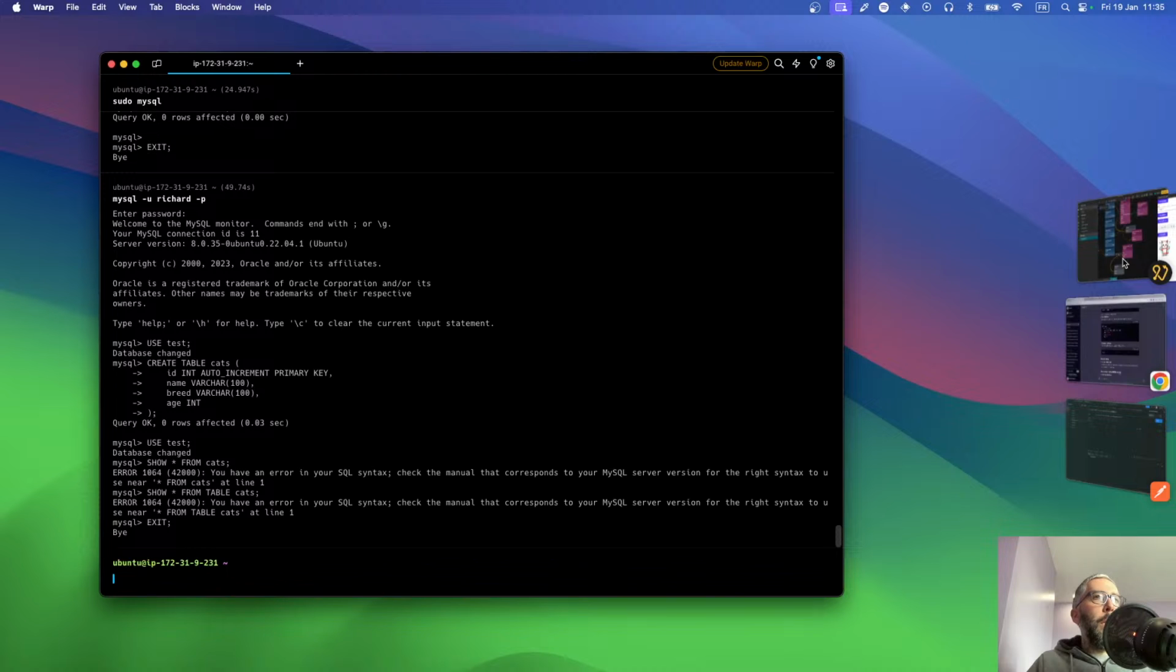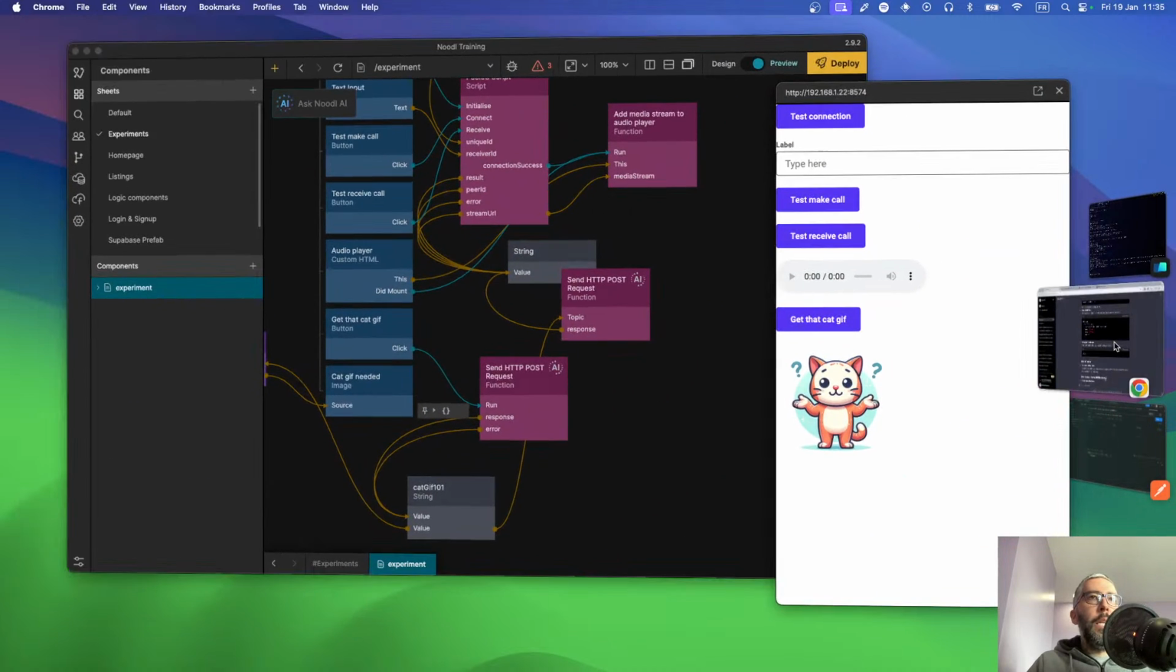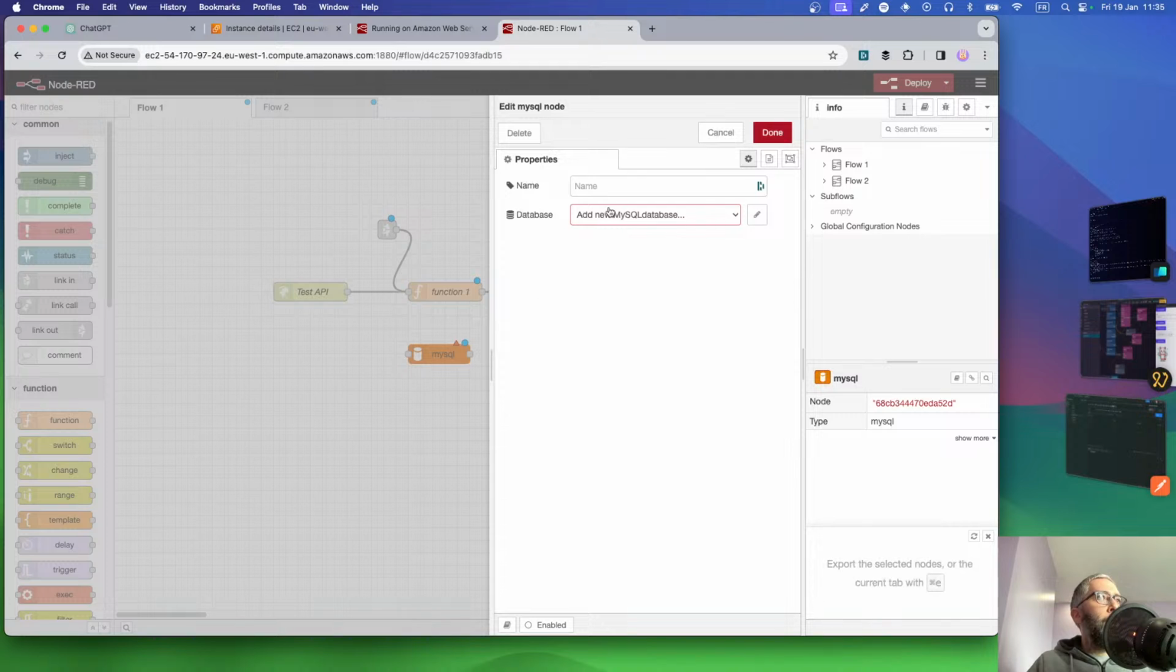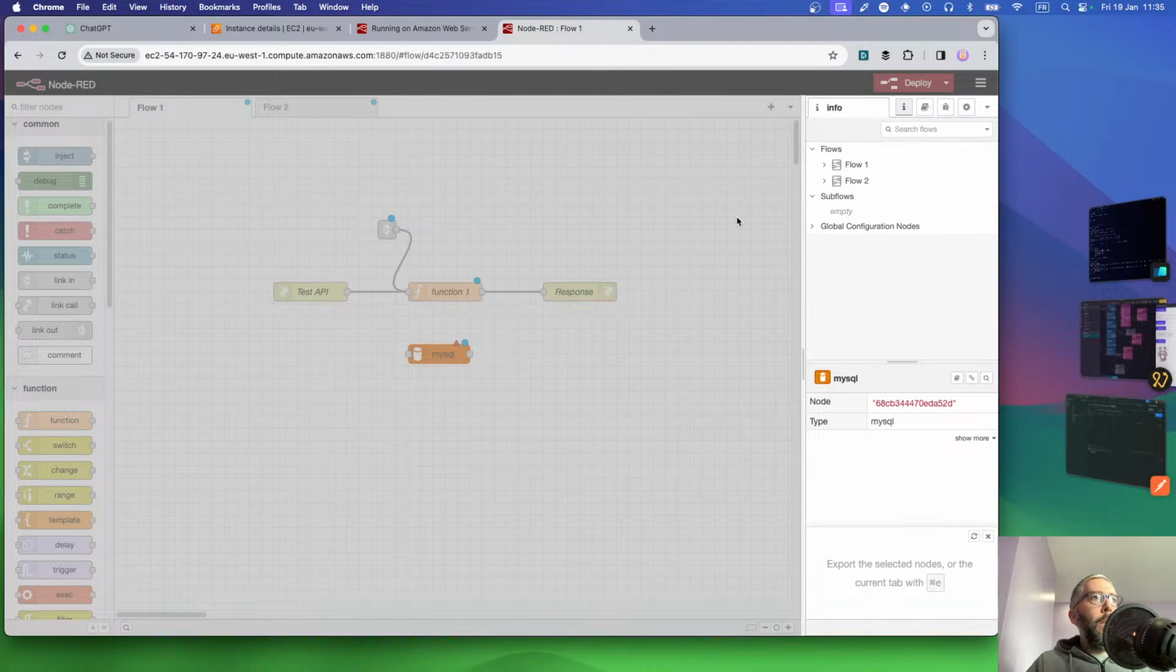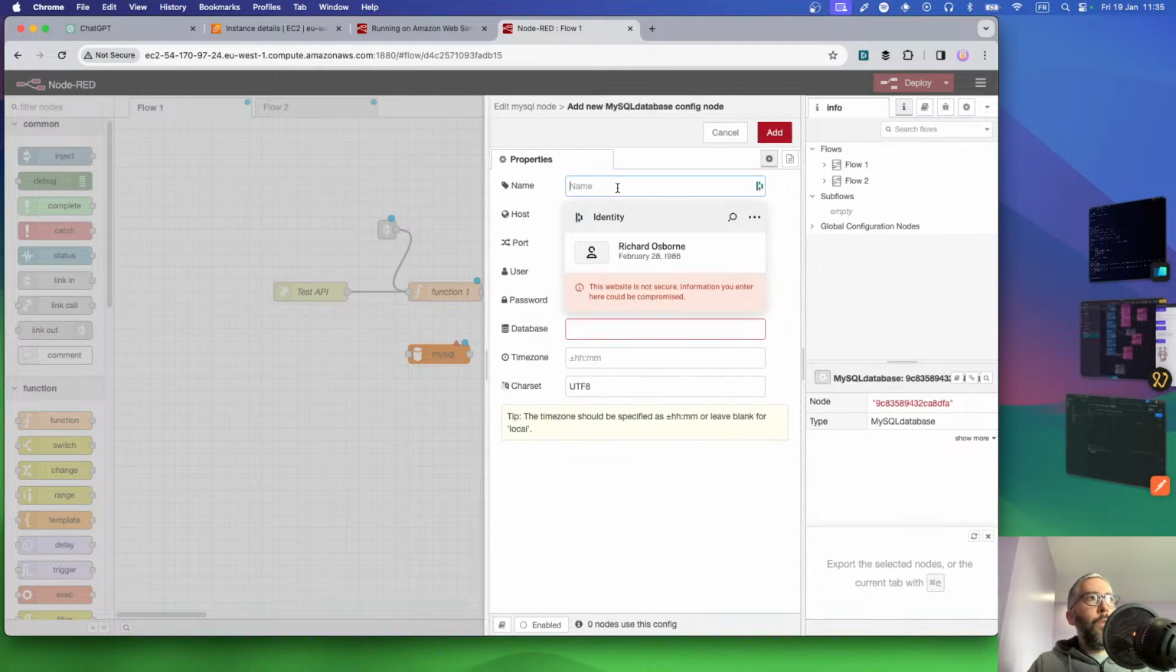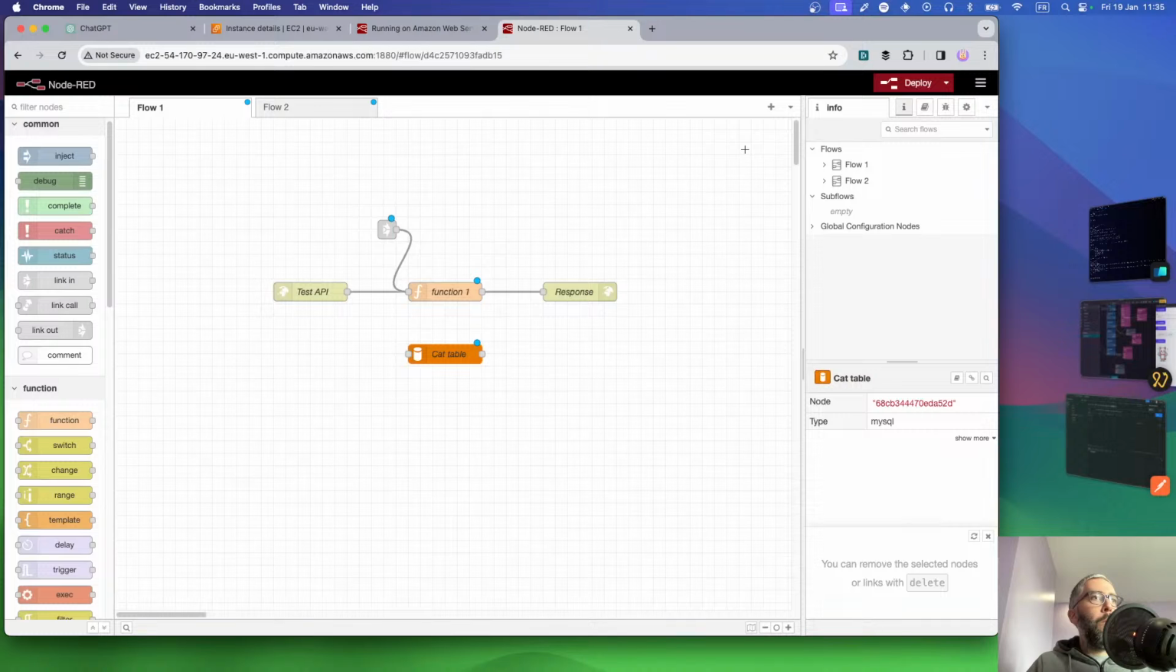So that means that now we have the configuration that we need for this. So we're going to do this, the cat database, cat table. Edit that. So it's going to be called cat table. No, test database. It's on the local server. It's 3360. The user is Richard. The password is password. The database is test. Add. Done. And if we deploy,